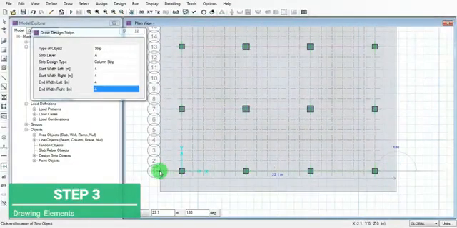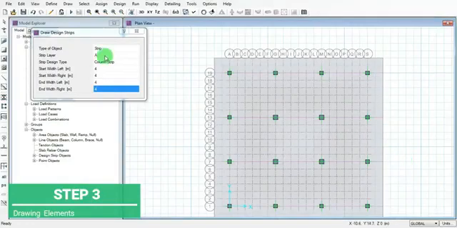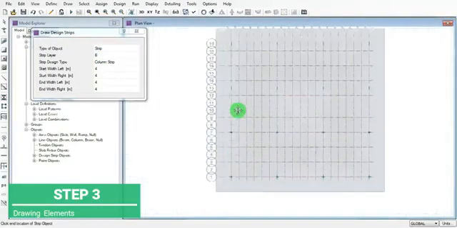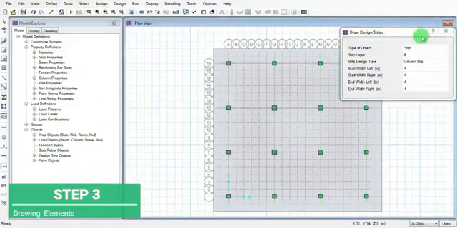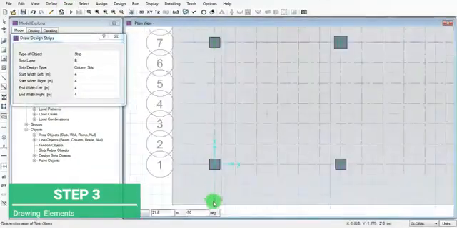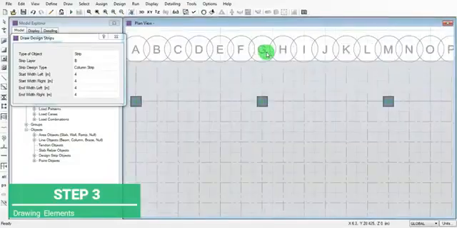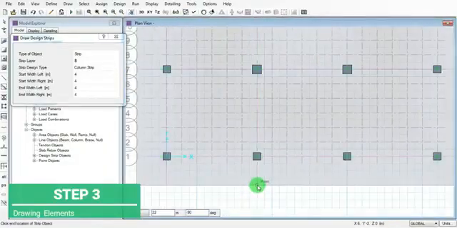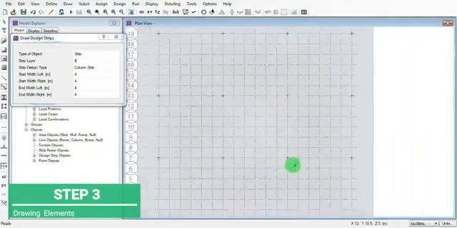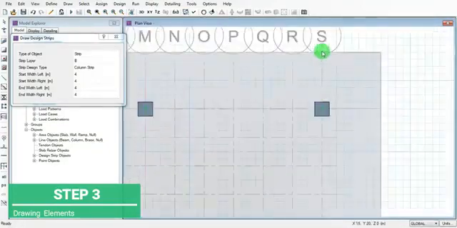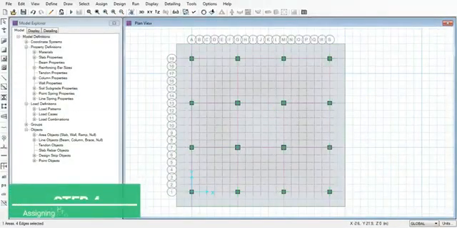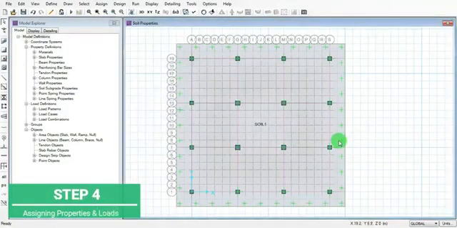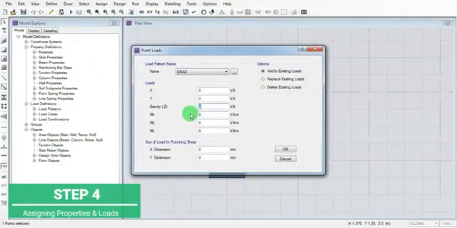Then in layer B, add the strips, 4 strips in the Y direction. Okay, done. Now click on the footing area and add the soil property, that is Soil 1. Then add a load on a column,